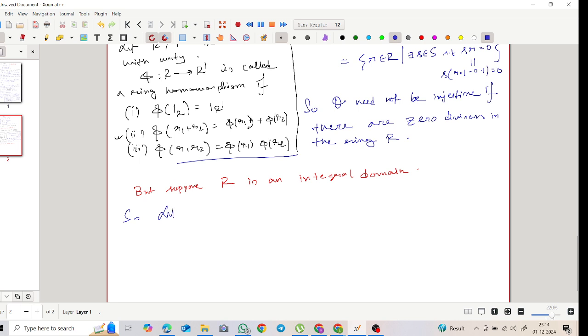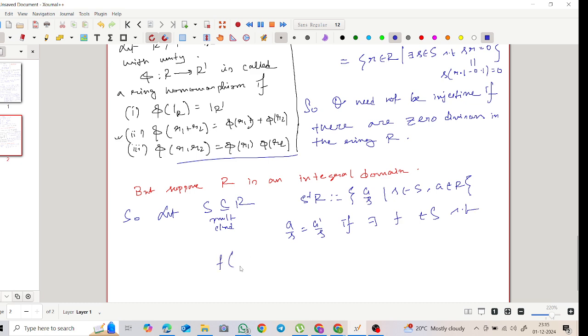So let S be a subset of R that is multiplicatively closed. Then S inverse R is all the sets of a by s, s belongs to S, a belongs to R. We saw that a by s equals a' by s' if there exists s belonging to S such that s(a s' minus a' s) is 0, right? But this implies